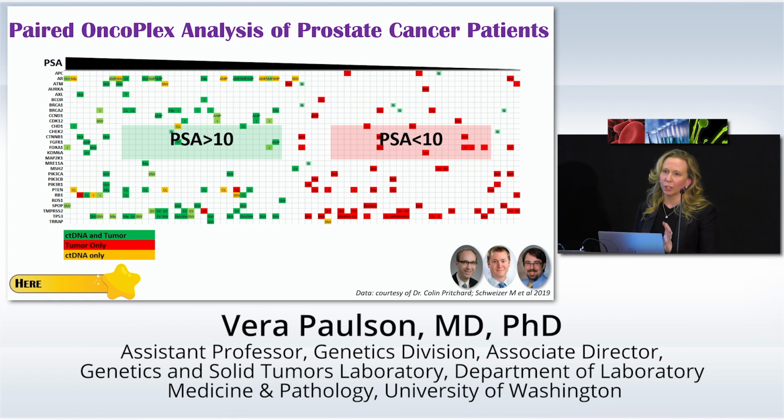And so when you're looking at the alterations, here it's a little bit different. Green means that they agree between FFPE and the circulating tumor DNA. For patients that have high disease burden, we have excellent concordance. For patients with low disease burden, we're not finding these things in circulating tumor DNA because there's not enough of the analyte, presumably.